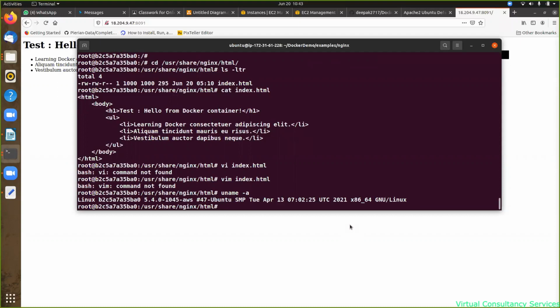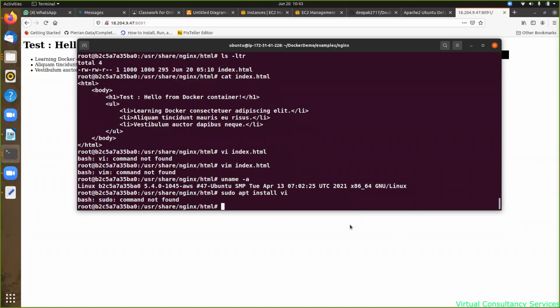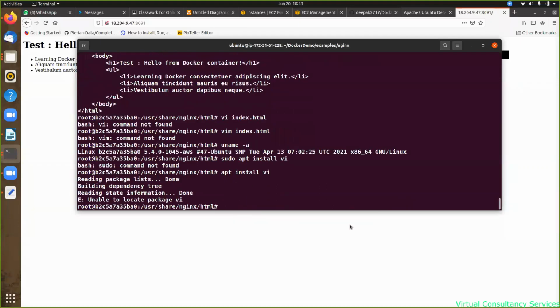Ubuntu है, राइट? तो sudo apt-get, apt install vi। sudo नहीं दे रहा है, ओके, यूज भी करने की जरूरत नहीं है, आई थिंक ऑलरेडी रूट है।